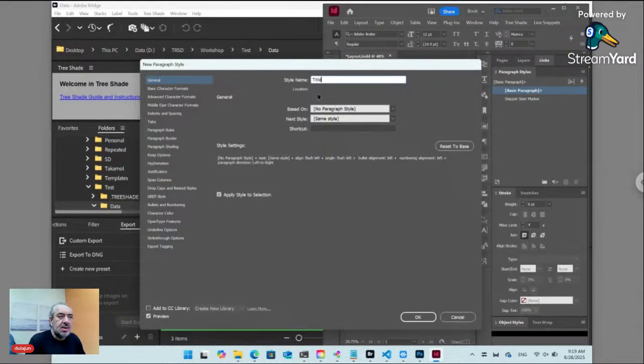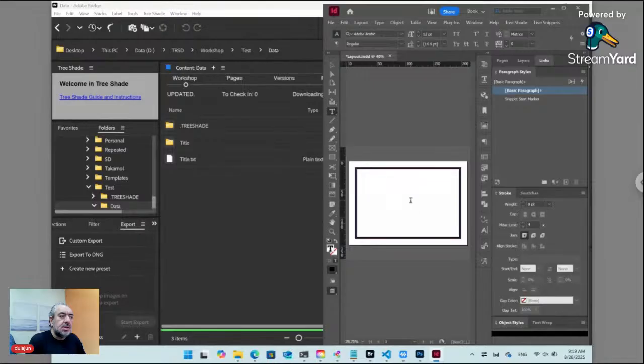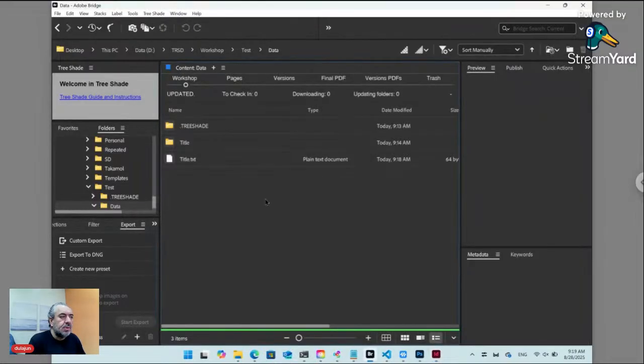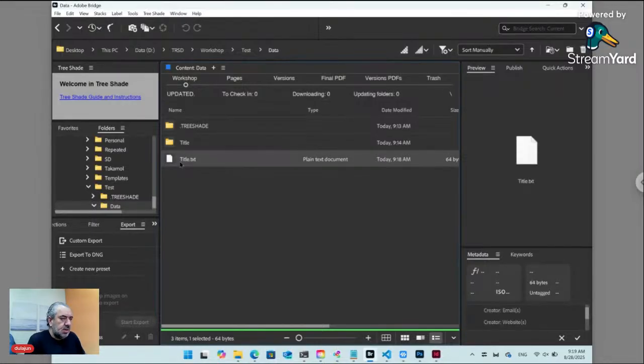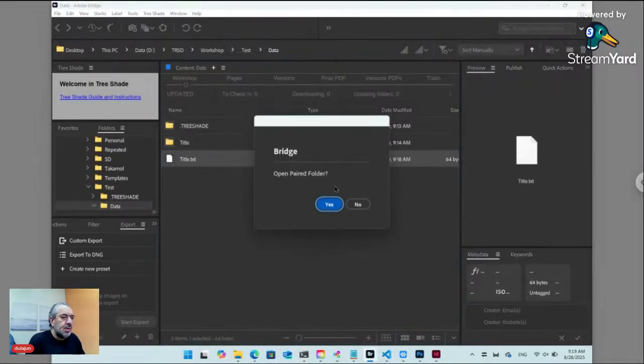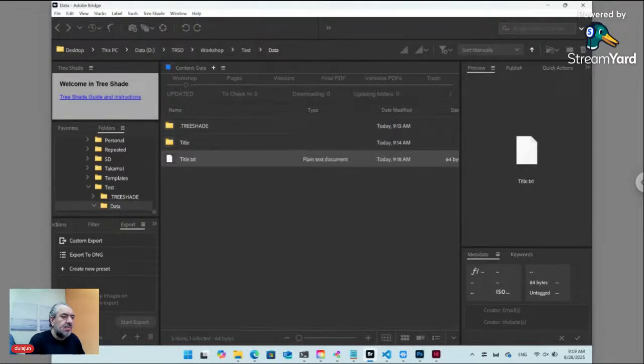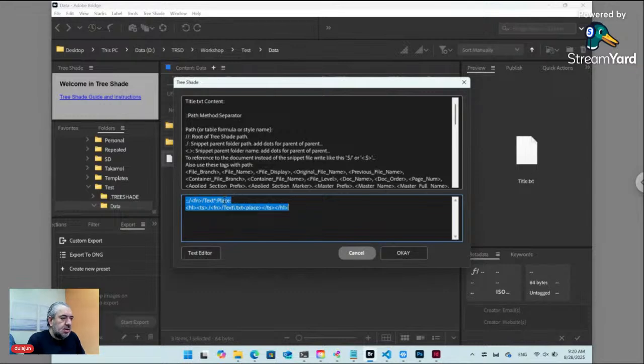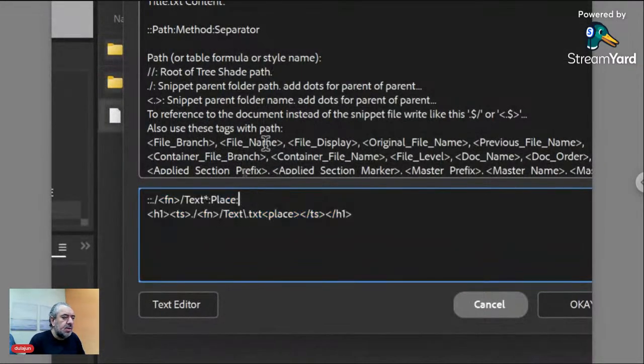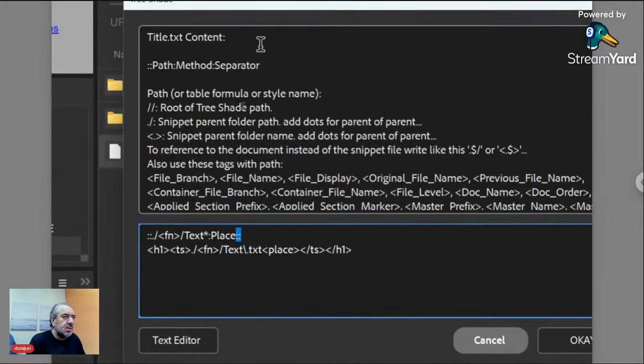Okay. Or do you know, instead of specifying paragraph style here in the document, you can specify the style in the dynamic live snippet itself. So let's go back to title.txt and now open the paired folder, and here in the text content, after place add 2 columns again to add new instructions,